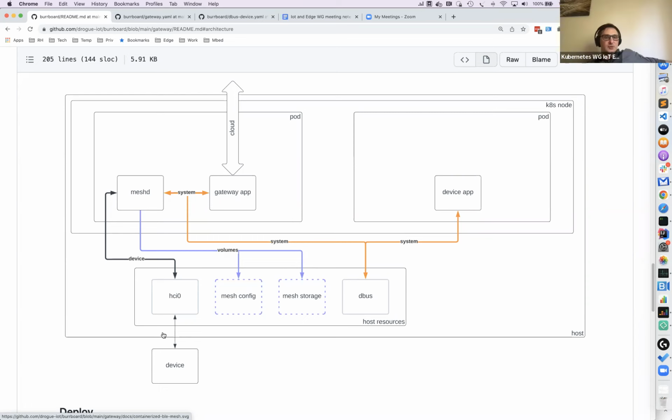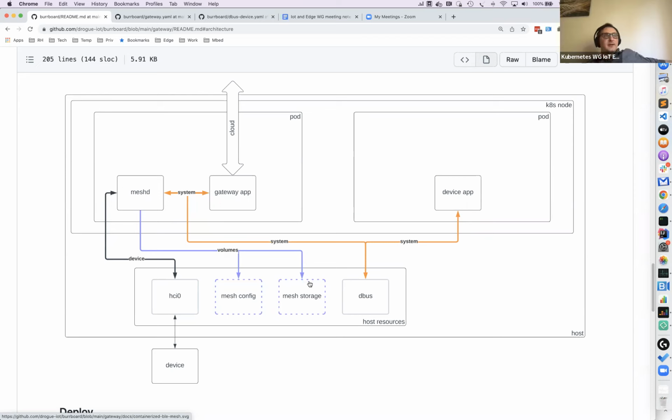But basically, the daemon talks to the radio, and it's able to get everything from the mesh, and it communicates with the rest of the system using dbus, which is a typical thing again for Linux. It's a bus for messages for inter-process communication on Linux, right?